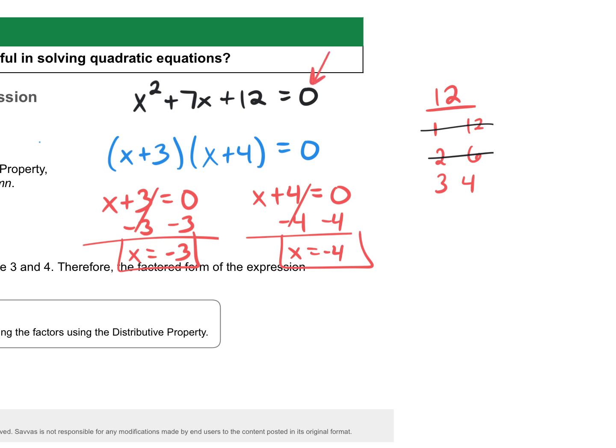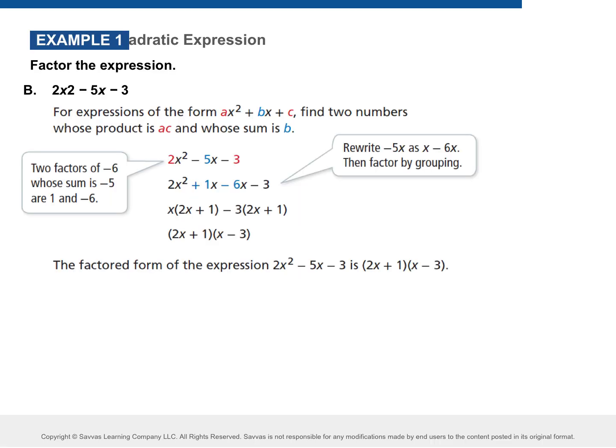Okay, what we're finding here, remember these graphs look like parabolas? What these are giving us is our x-intercepts. These are called the zeros of the function. The solutions of these are the x-intercepts, or they're also called zeros of the function. Okay, go ahead and look at